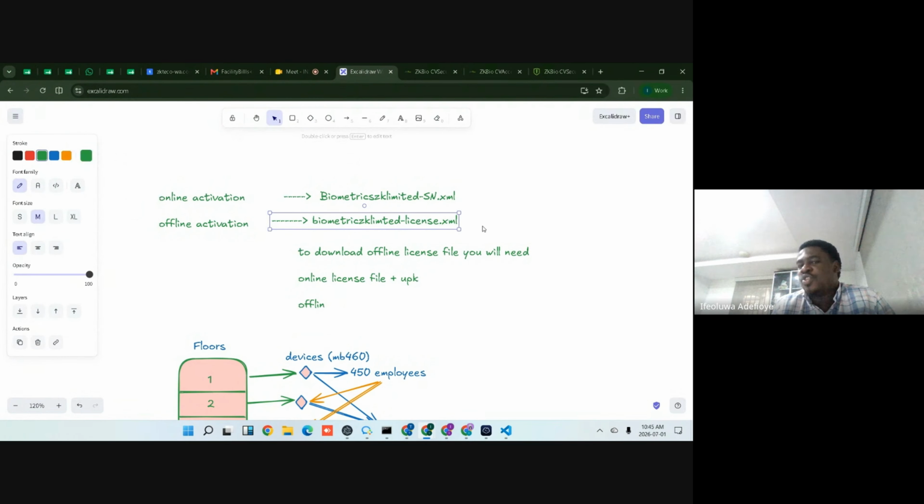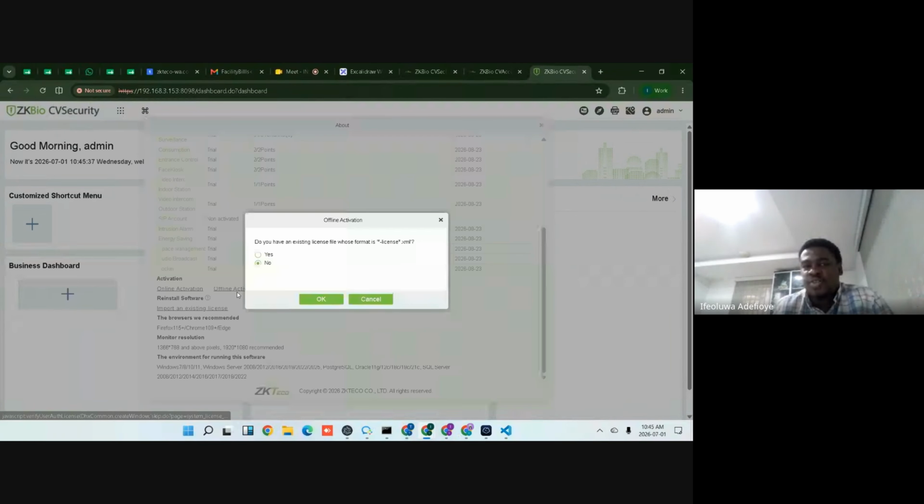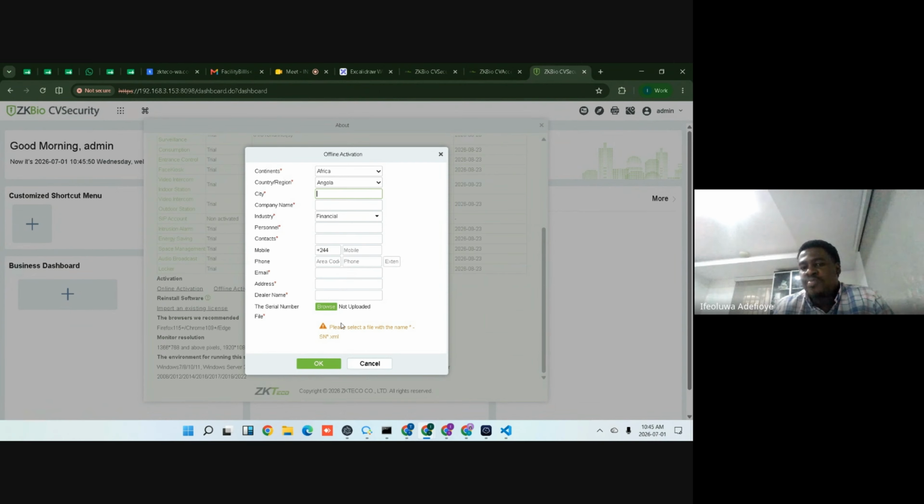For offline activation, you'll be given a file that ends with license.xml. But for the offline activation, you need to download the UPK. So for BioTime, it will ask you, do you have an existing license with this? If you choose no, it will tell you to input your